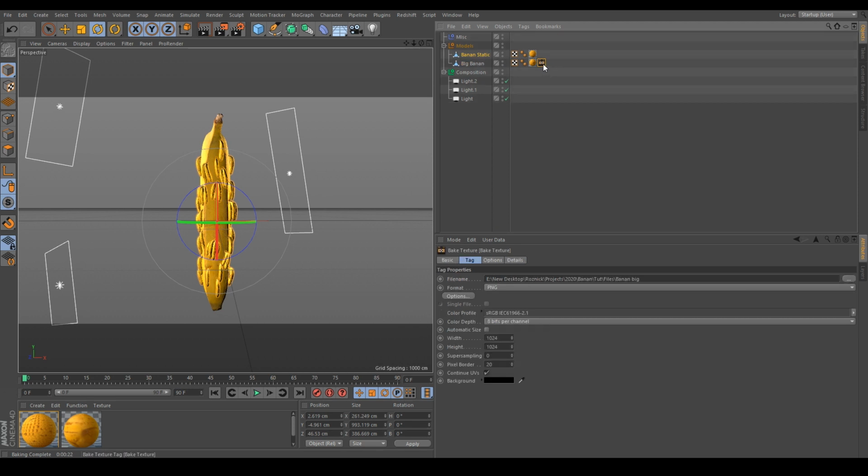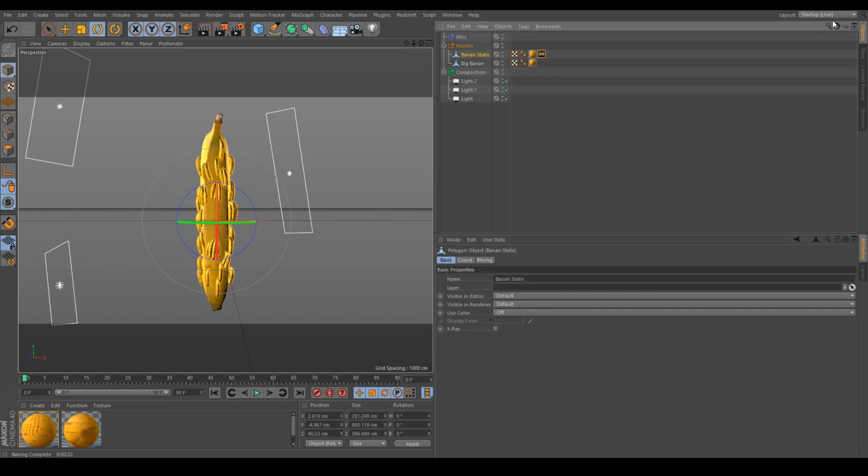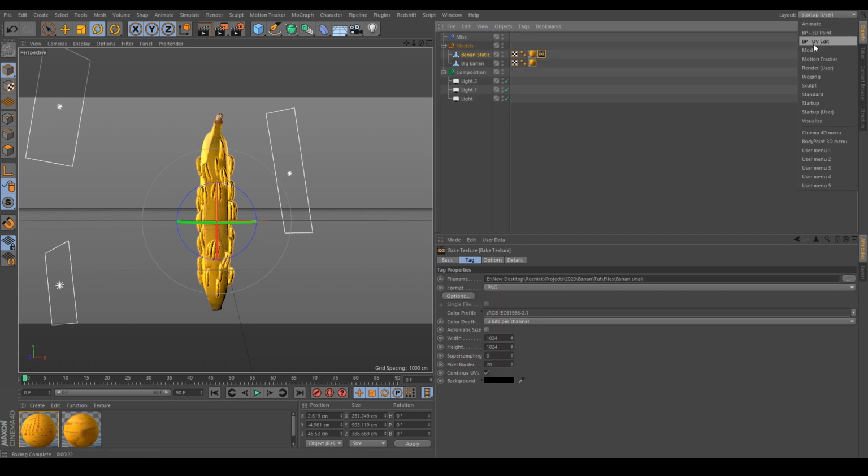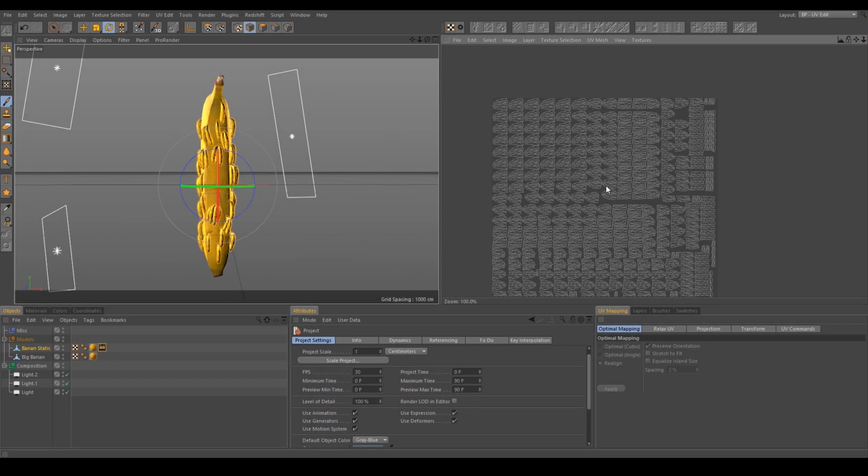So what we can do is just drag and drop that over to here, and make sure to change the file name. So I'll name this as small, and also we have to change the pixel border size. The reason why is that right now the pixel border size is set to 20. Now that's kind of huge compared to what we have over here in the UV layout.